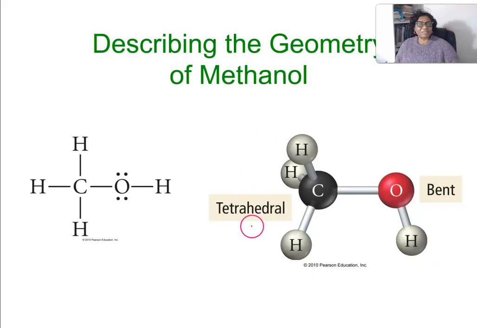So you can see it here. Tetrahedral. Oh, this one has only 2, 1 and 2. We have tetrahedral and bent. Let's try to